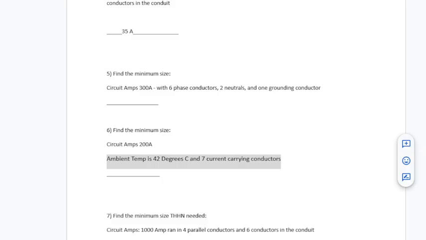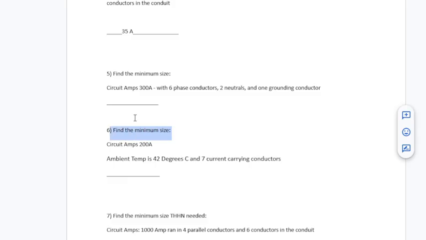So here again, we have a target amperage, 200 amps, meaning which column are we using? We're using the 75. Exactly, because I did not give you a conductor type. For our table, we're using table B, right? Because of 42 degrees Celsius. Yeah, we're in 42 degrees Celsius, 75-degree column.